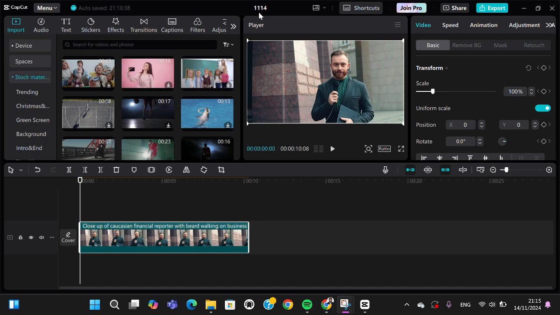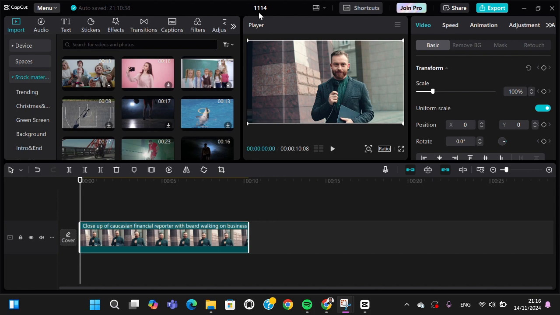In today's video, I'm going to show you how we can add big mouth effect to our video in CapCut PC. Okay, let's get into it guys. Here I have created a project in my CapCut PC application and I'm going to apply the big mouth effect